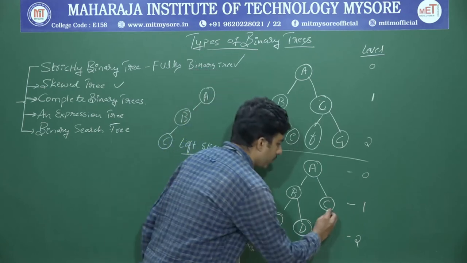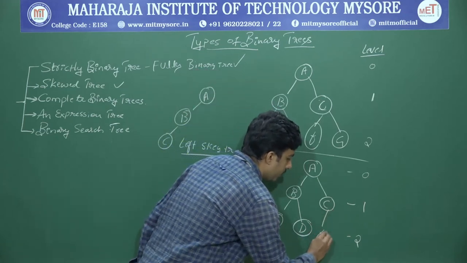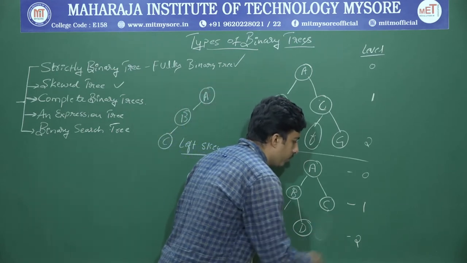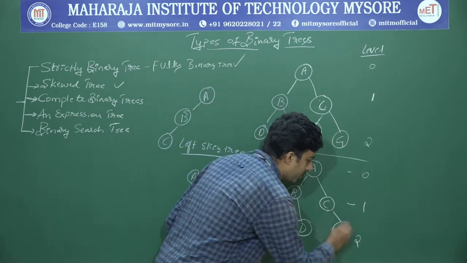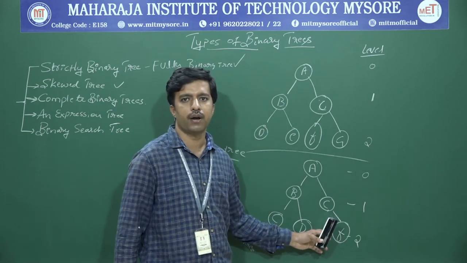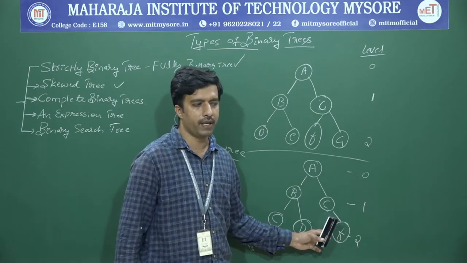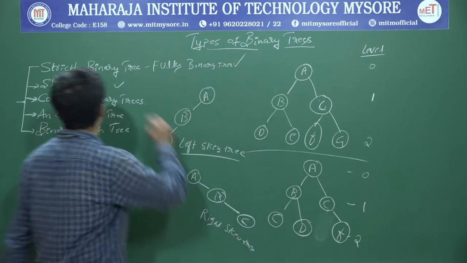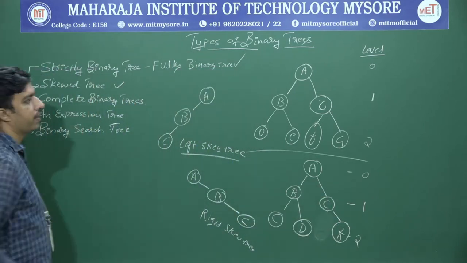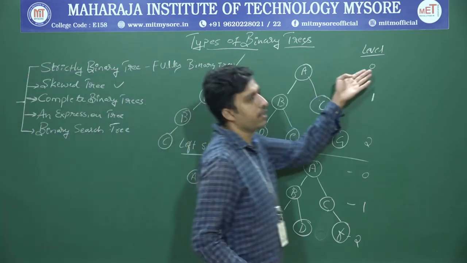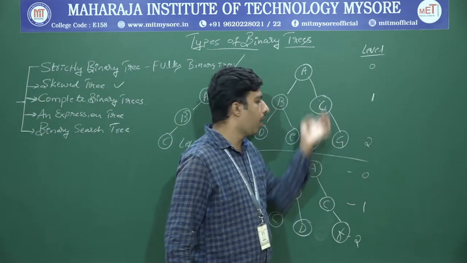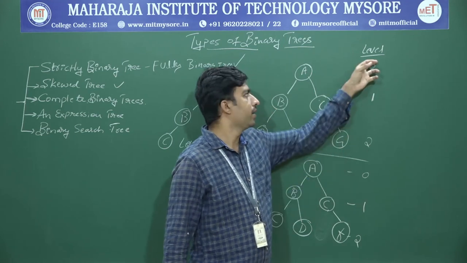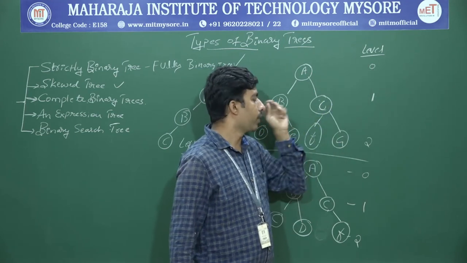Now it is going to extend. See, F is there. Is it a complete binary tree? Yes. If instead of F it is moved to the right side and the left side is empty, I can't consider this a complete binary tree. That is the difference between a strictly binary tree and a complete binary tree. In a strictly binary tree, all nodes should be filled at each level.